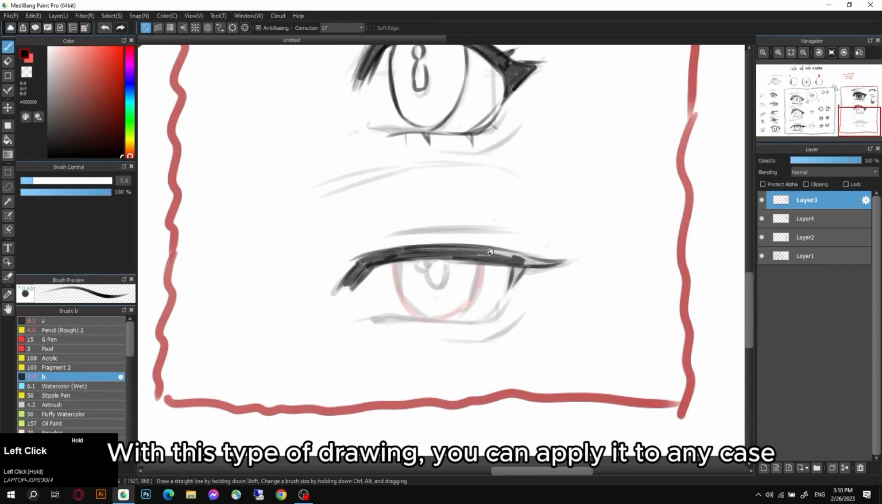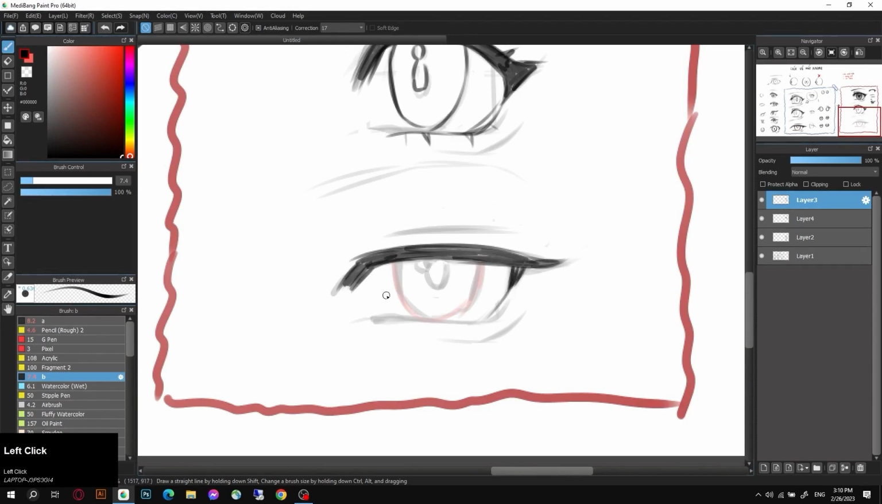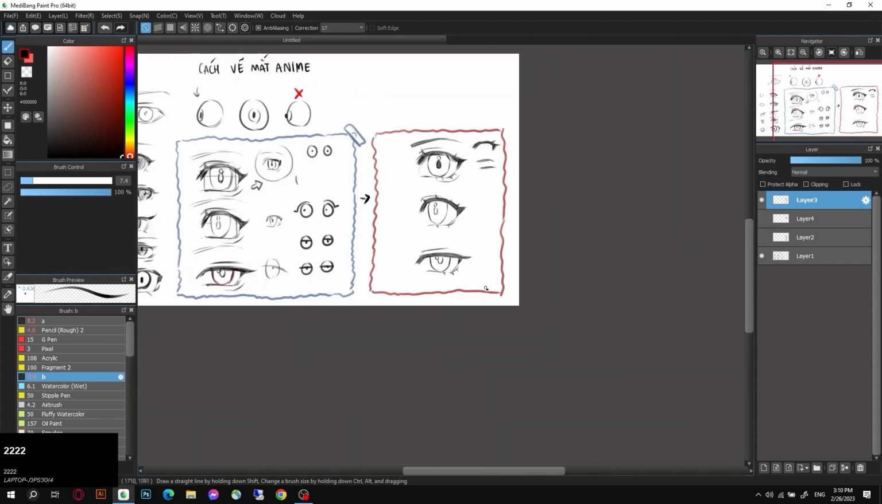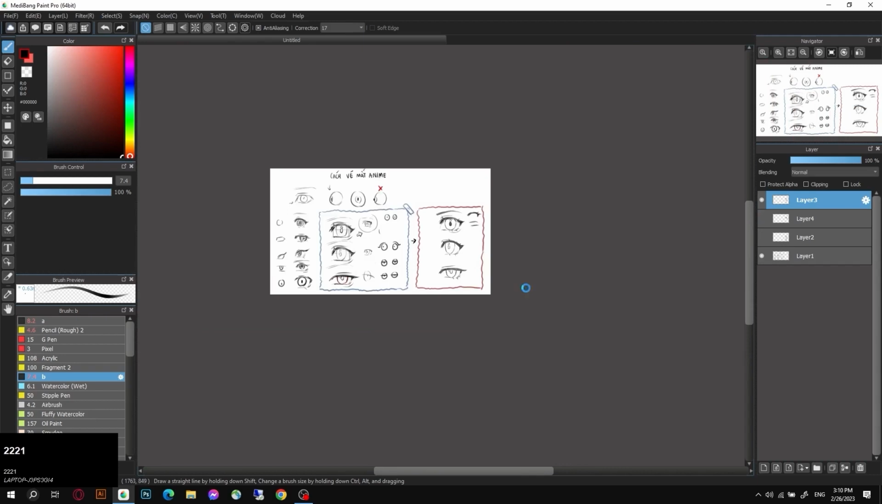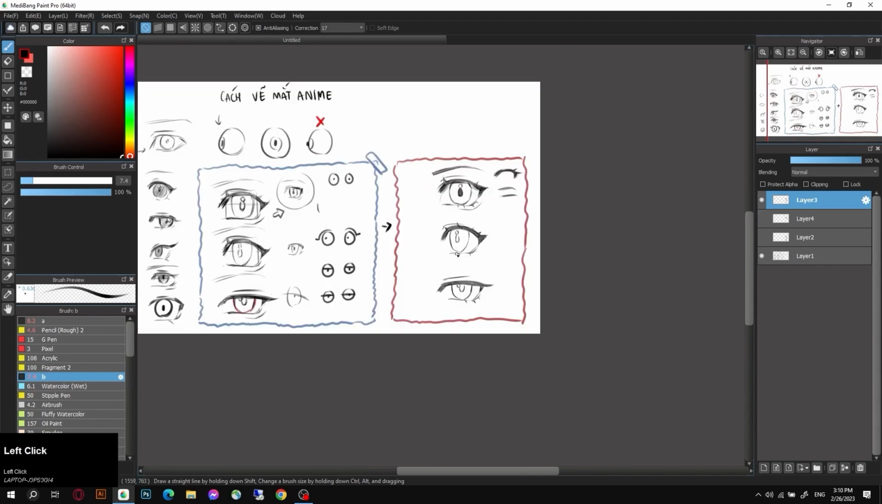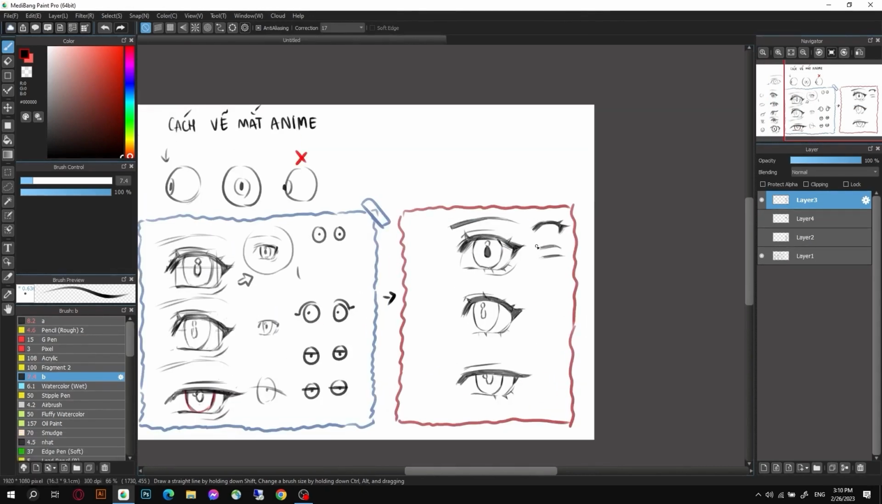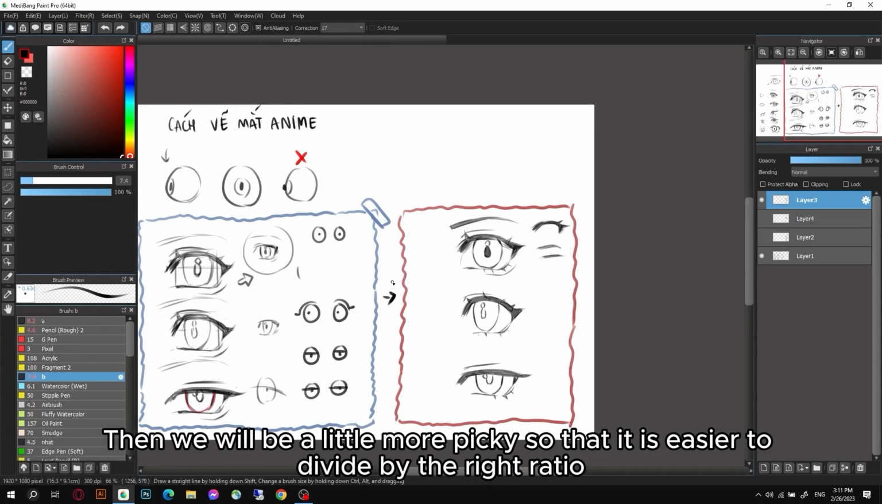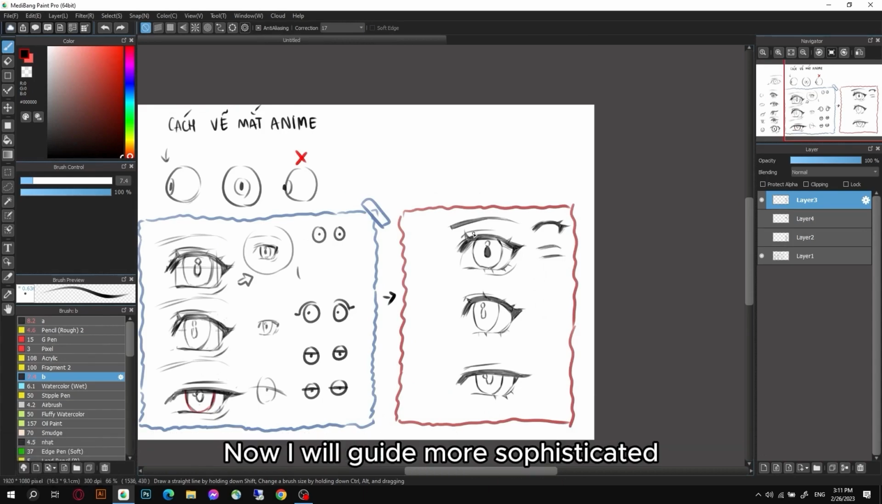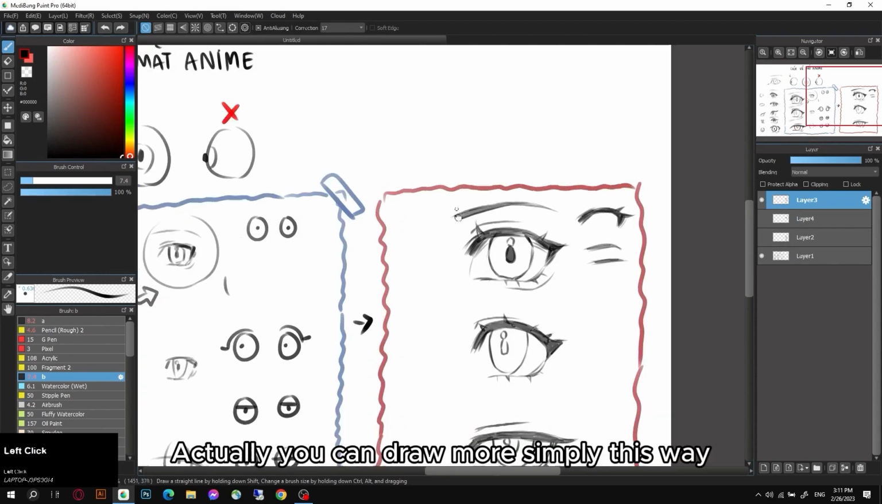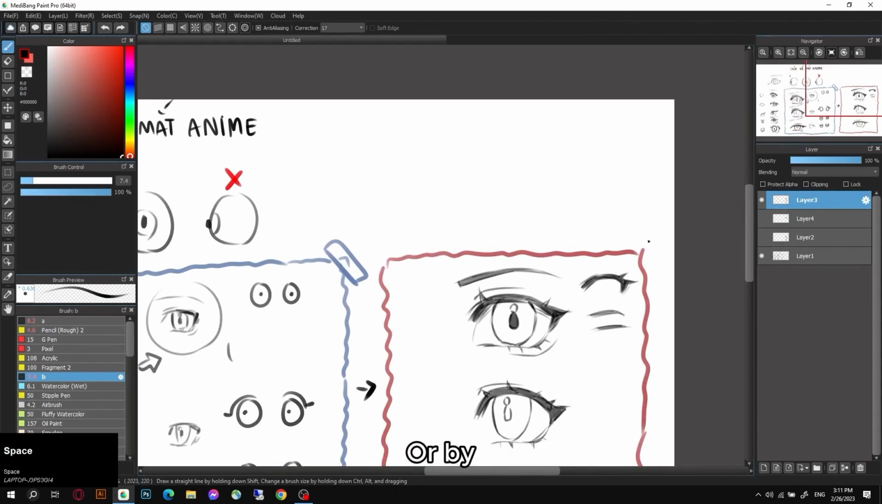With this type of drawing, you can apply it to any case. Have you seen your results yet? Even in the case of drawing slanted eyes. Then we will be a little more picky so that it is easier to divide by the right ratio. Now I will guide you more sophisticatedly. Actually, you can draw more simply this way, or by